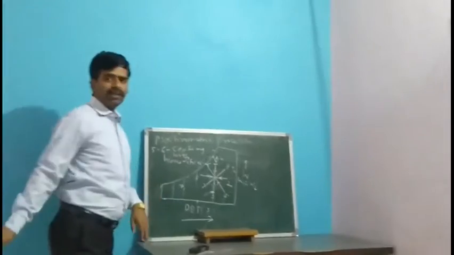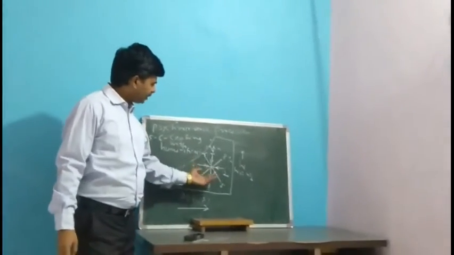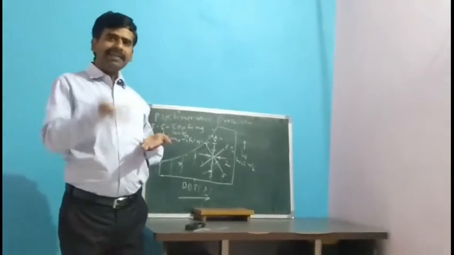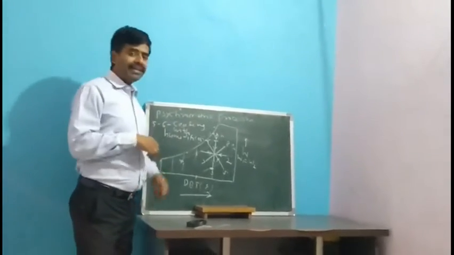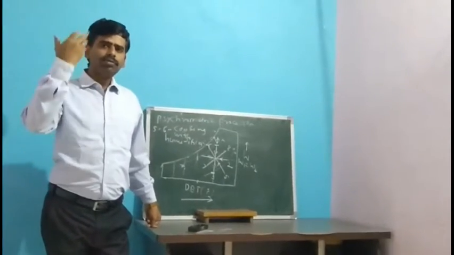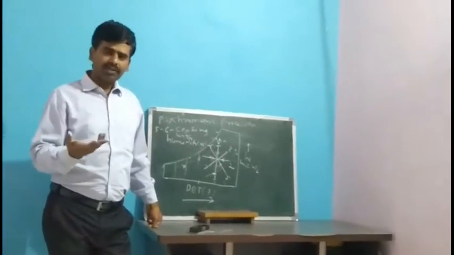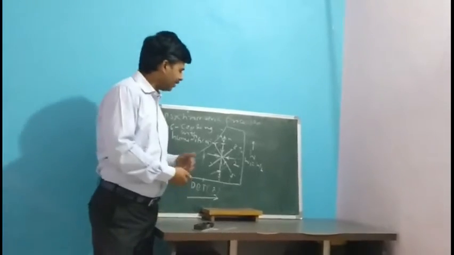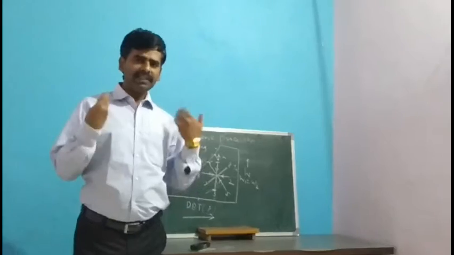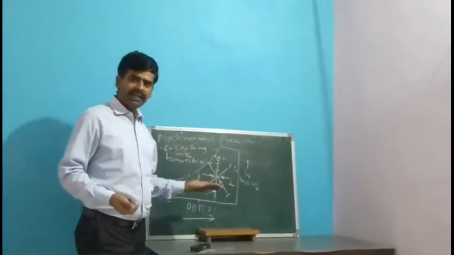This is known as cooling with humidification. In this process, there is a decrease in the DBT and an increase in the humidity of the air. When water vapor gets added to the air, humidity is increasing, so it is known as the humidification process. When DBT is decreasing, it is a cooling process. When DBT is increasing, it is heating.